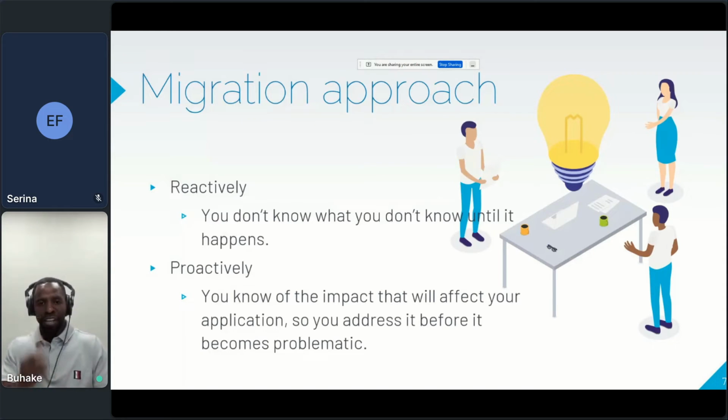Either you know that it's time for migration and an update is around the corner, so you tackle it, see what challenges are ahead and resolve them, or something happened, like you got attacked, and then you decide, okay, fine, there's a reason to migrate, and you migrate. So there are also different circumstances why you need to migrate.